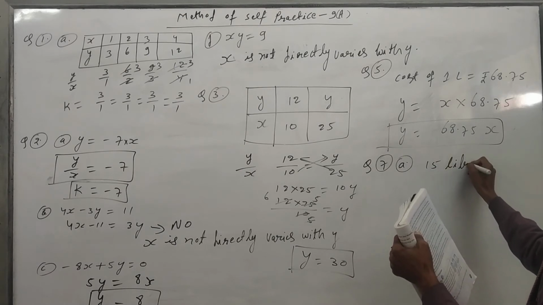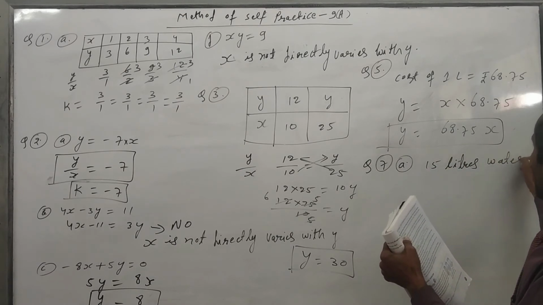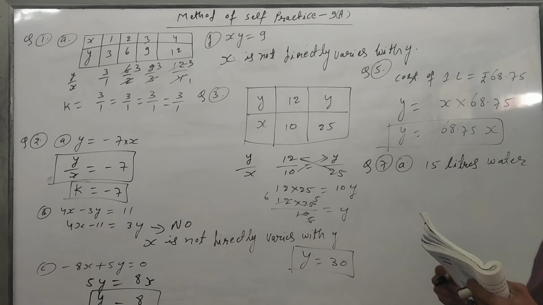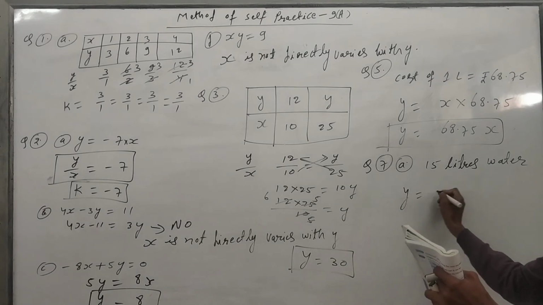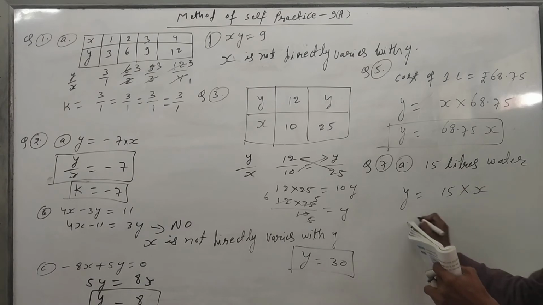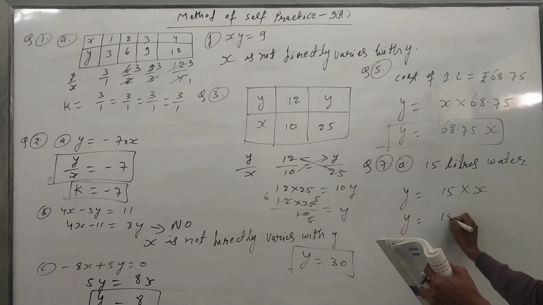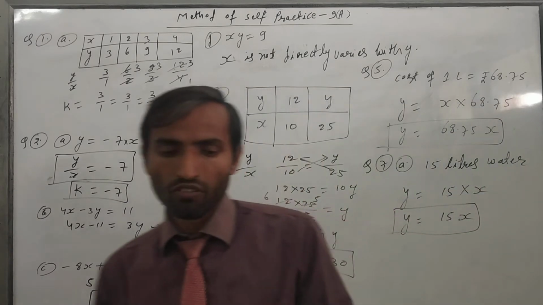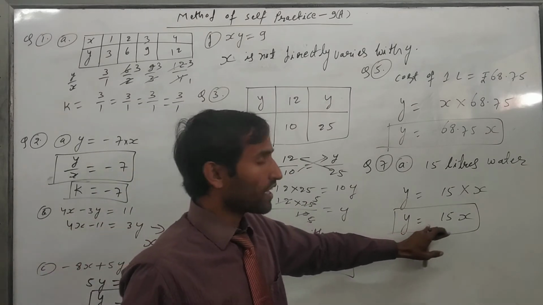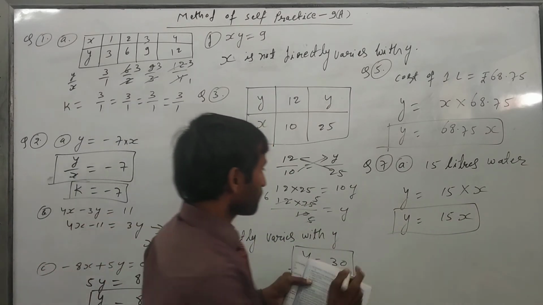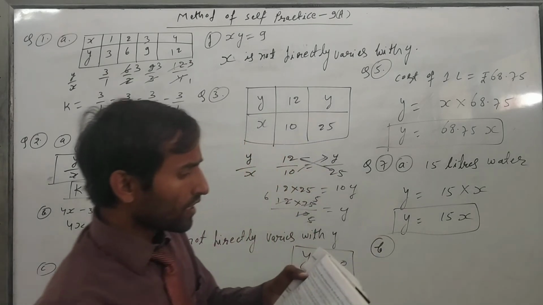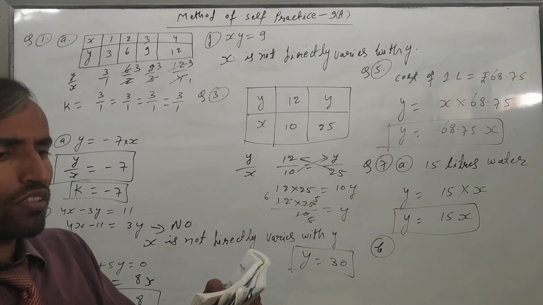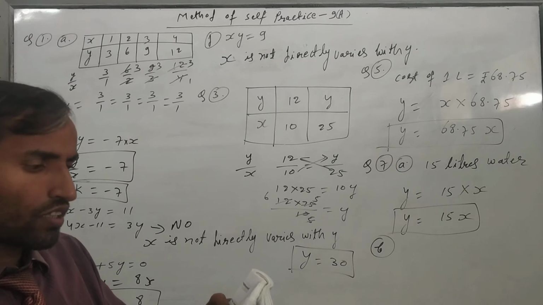Now we have to find how many liters of water y Ragni saves for x loads of laundry. So y is equal to 15 into x. This is the equation for the water she saves. This is our direct variation equation. Next, the B part. In the B part, if Ragni does 1 load of laundry daily, how many liters of water will she save at the end of a year?